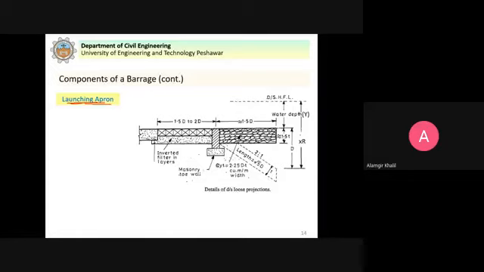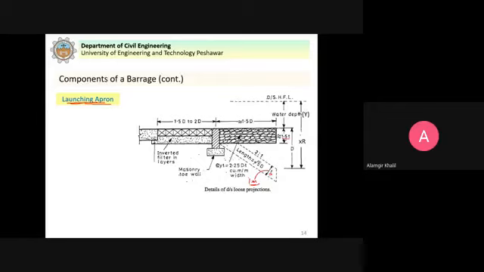To ensure this, we have to provide sufficient thickness here so that when it is launched, some minimum thickness is still achieved. And the code requirement says that it should be 1 meter. After it is launched, the thickness of this launched apron should be 1 meter.